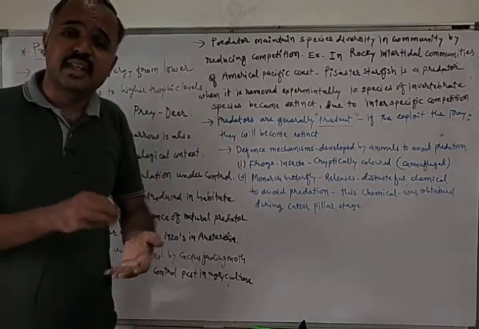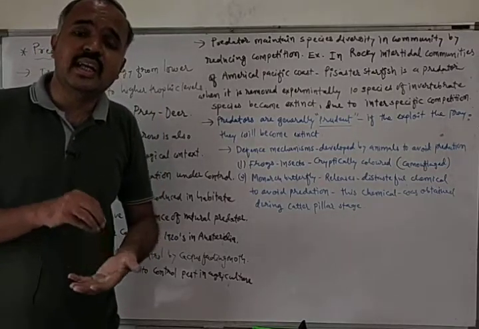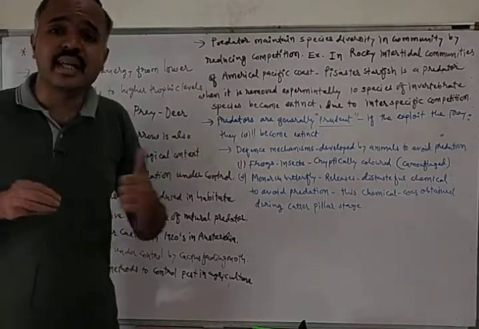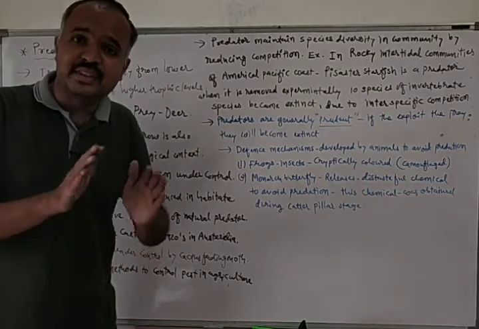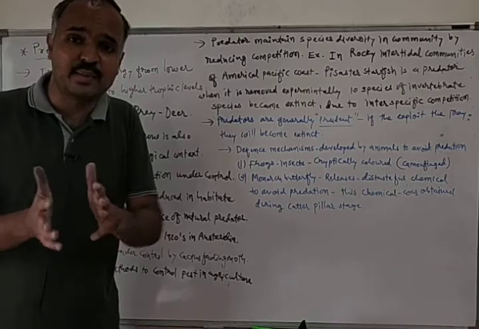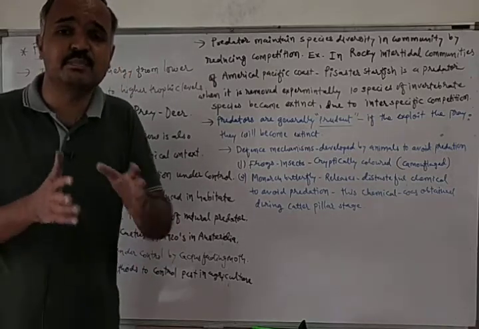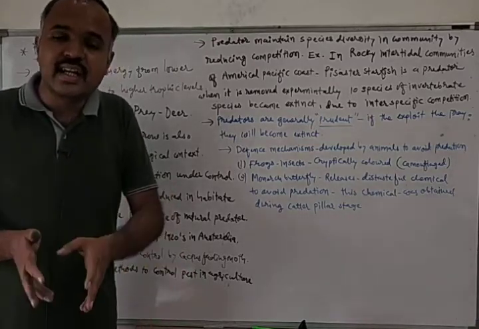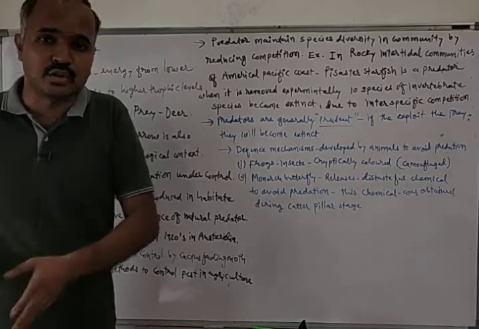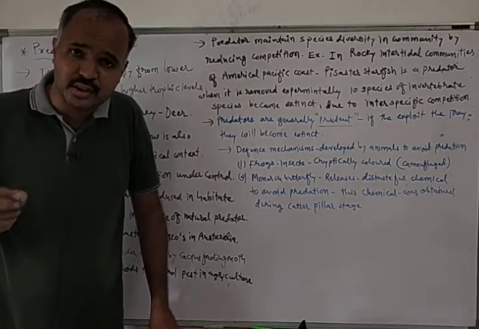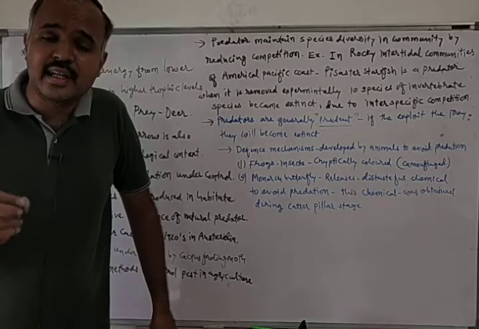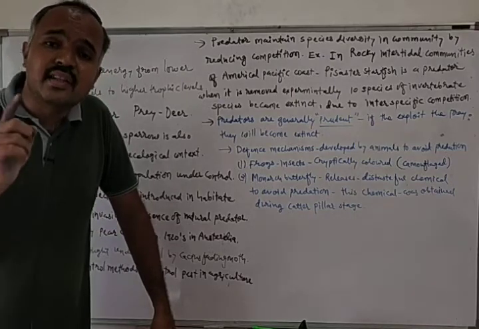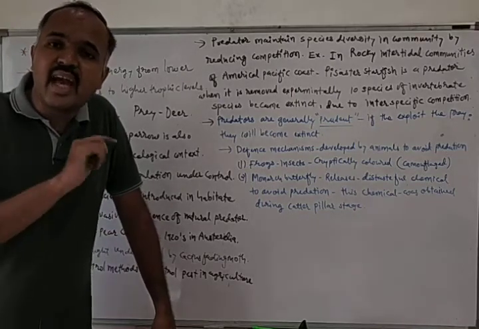Pisaster starfish. Pisaster starfish is found in the rocky intertidal communities of the Pacific American coast. Starfish is an animal, and its name is Pisaster starfish. So it's a starfish, and it is found in rocky intertidal communities of the American Pacific coast. And when this Pisaster starfish was removed experimentally